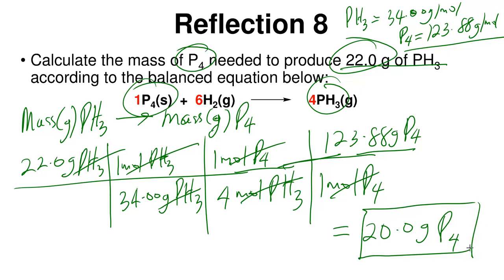And again, we finished with the longest process, which is converting from mass to mass of one reactant or product to another. All right, and having said that,